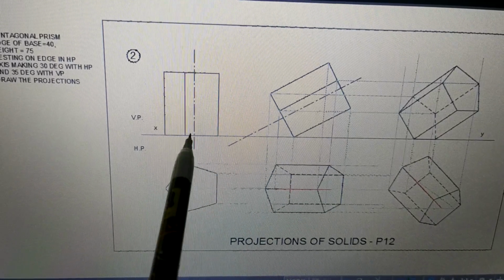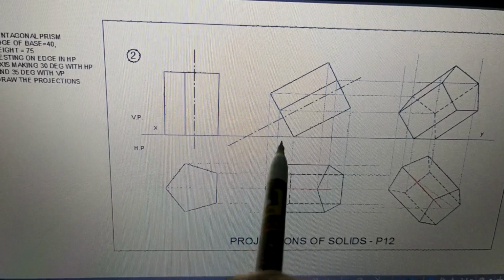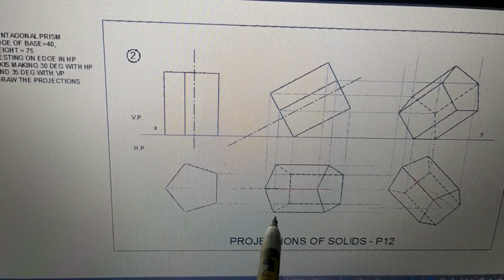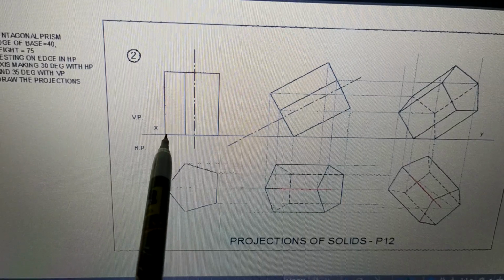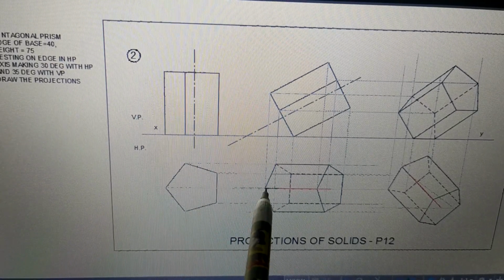Like that, you have to show point C here. So this C goes here. So project it down. So this is C. Similarly, D is here. Project it, D is here.